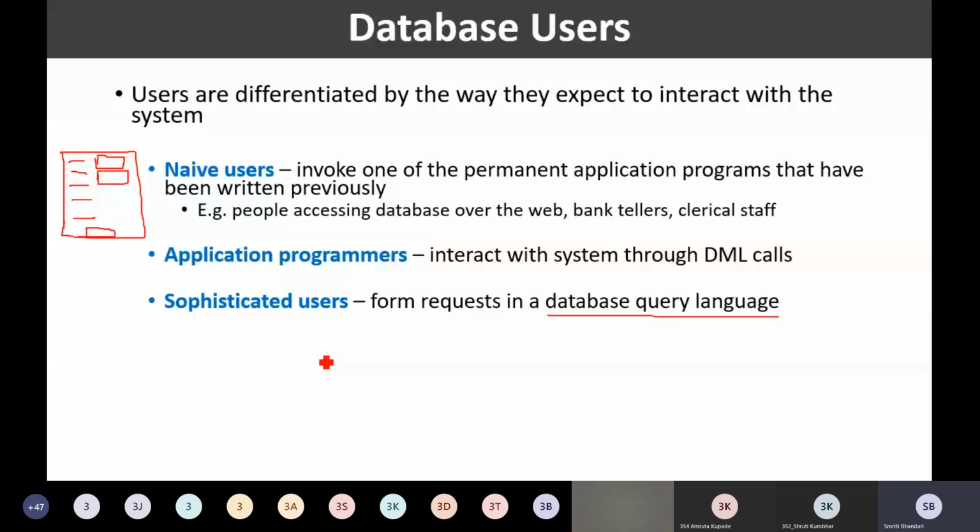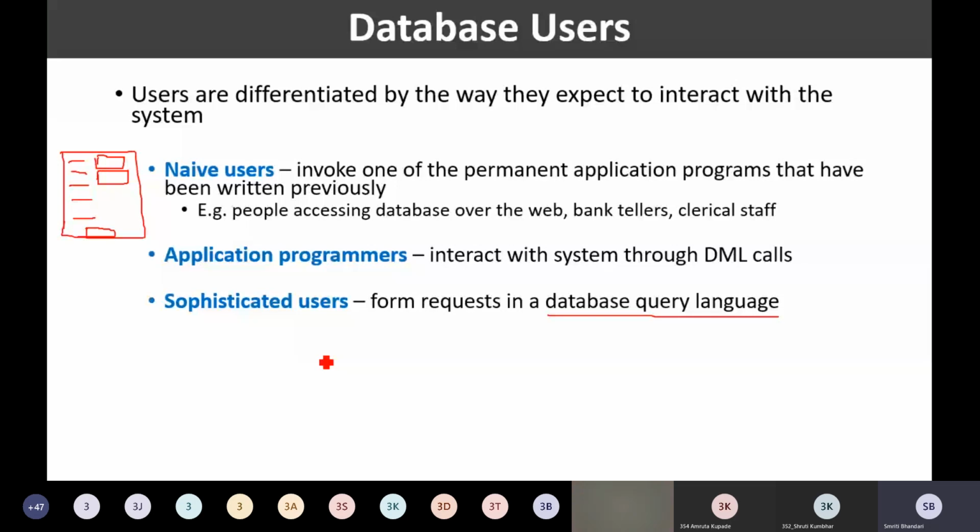I'll repeat, who are the sophisticated users? Those users are not using the application programs, or they are not writing those application programs. But they are aware of the database query languages.